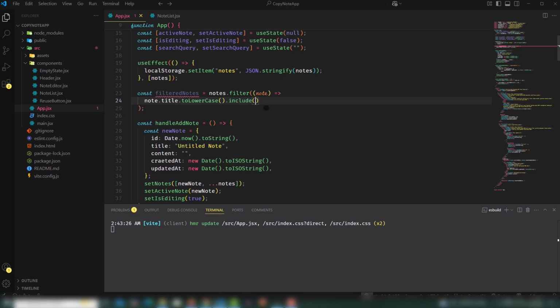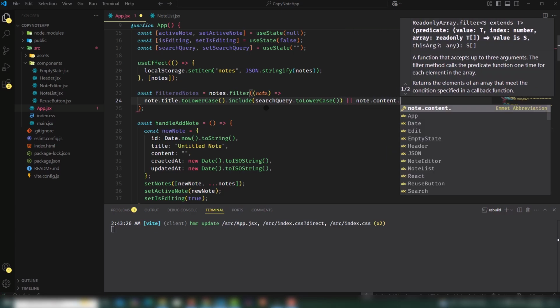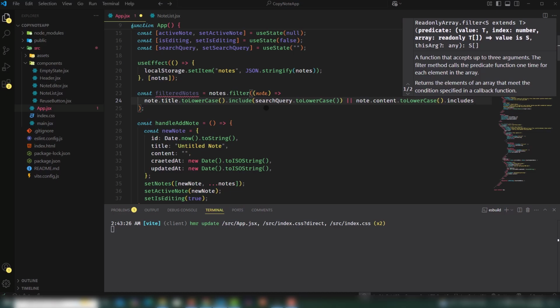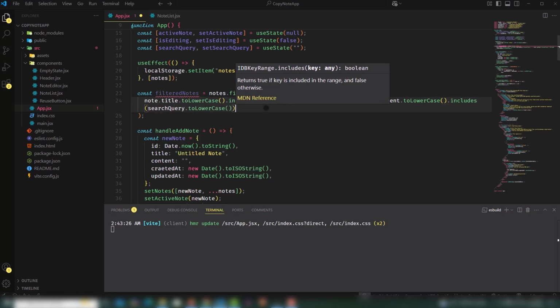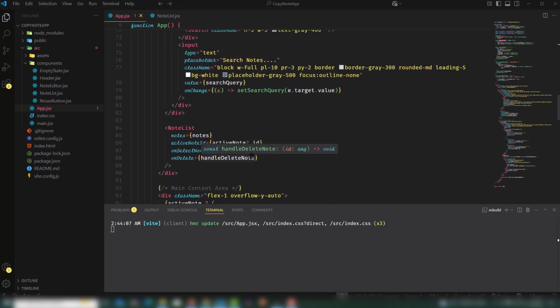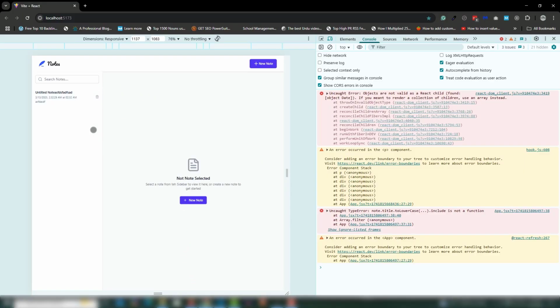So that is find out inside the search query to lowercase function. Otherwise I need to use node.content to lowercase and that includes. By the way, has include to includes, and same thing, you need to use search query dot to lowercase. That's our function. So I'm going to copy that function and just move on to your node list here, and just pass node list to filtered nodes. So I'm going to save the file, and let me, first of all I'm going to delete it and